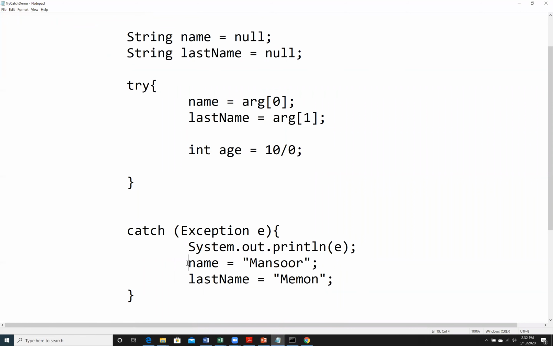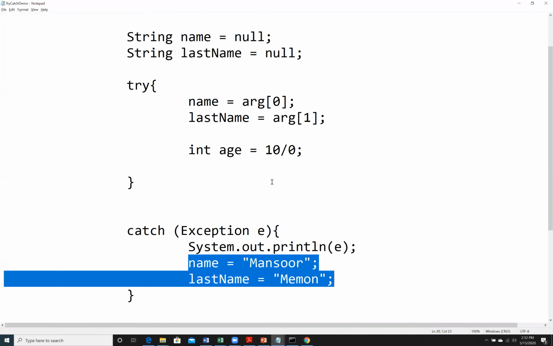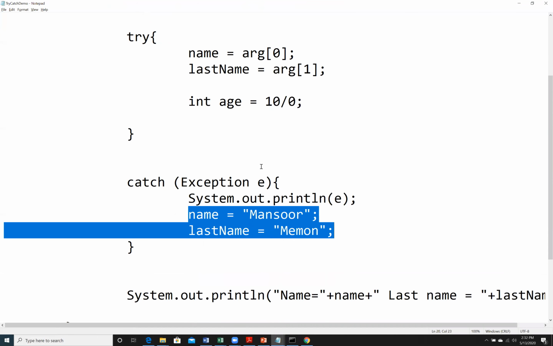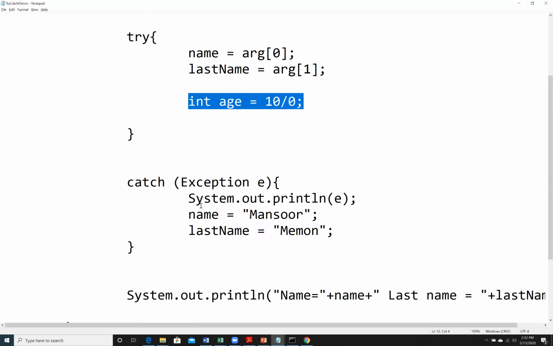We say that this action should only be performed if we have an array index out of bounds exception. But now because we have got only one exception block, obviously we are bound to take this action inside this one action block, one catch block, right? So when this exception appears, we are actually wrongly updating name and last name, though we have been provided name and last name at the command line.